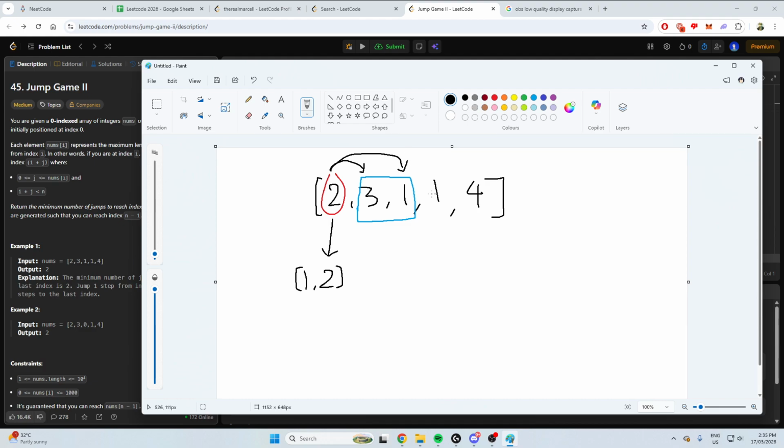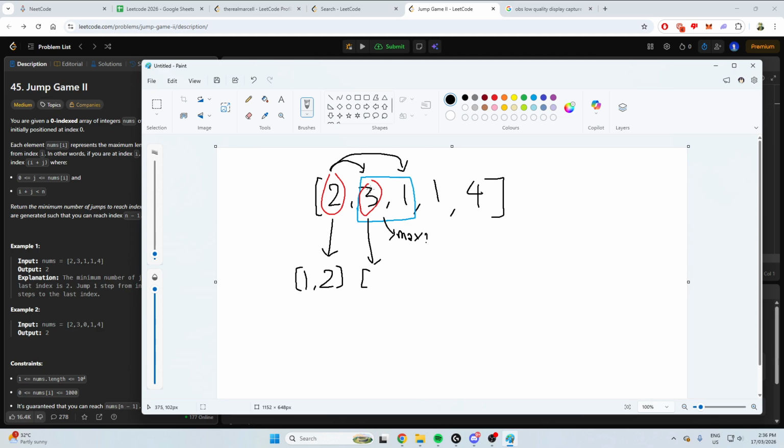And so it's very important to understand that what we're trying to do is just check the range of elements that this index can get to, and then we find what's the max, right? And the max here is 3. And we just check for the entire box, the max here is 3. And then we set that as the new